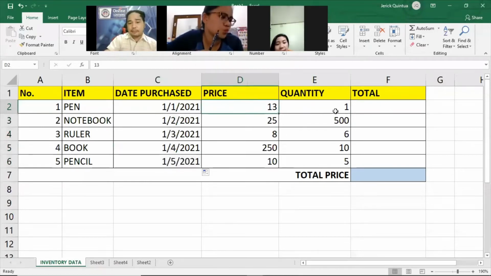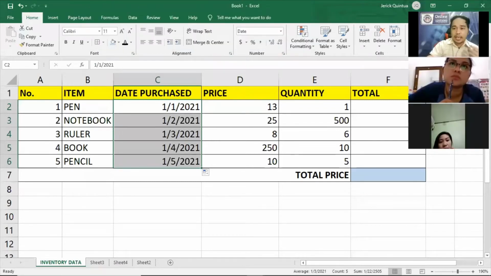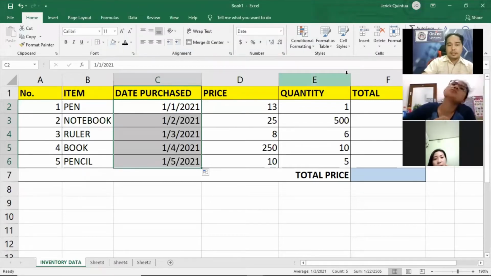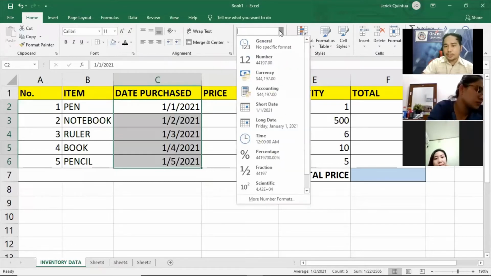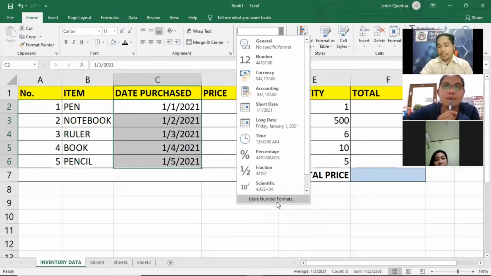Now, let's format some data. Tulad nito, yung date natin, gusto natin baguhin yung format niya. Kumbaga gusto natin naka-long date, or talagang nakalagay yung name ng month and so on. So gawin niyo, highlight niyo lang muna. After niyo ma-highlight yung mga date na yan, just go to this command, dito sa drop-down menu for cell format. And then may makikita kayo ditong short date saka long date. Pero syempre, if you want ng iba pang date format, pwede kayong pumunta dito sa more